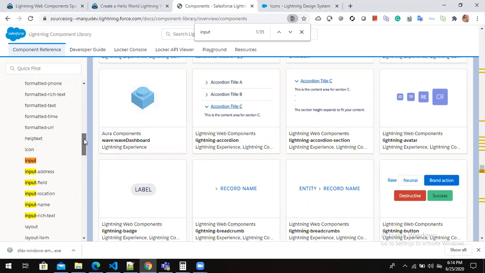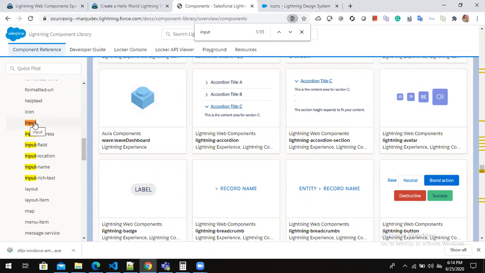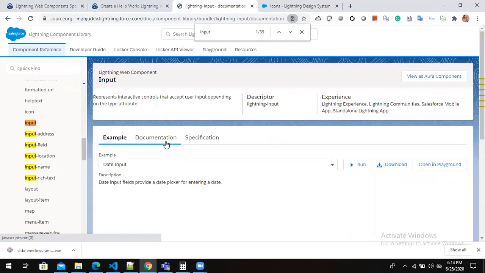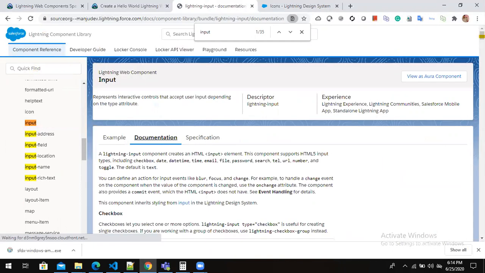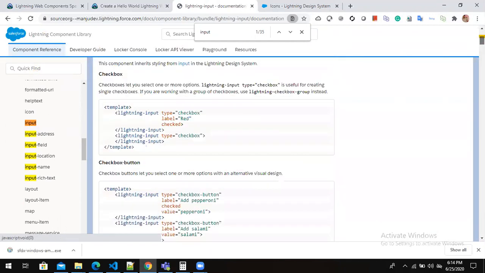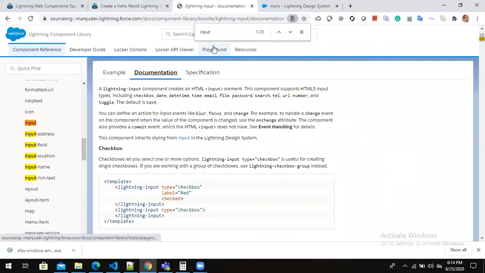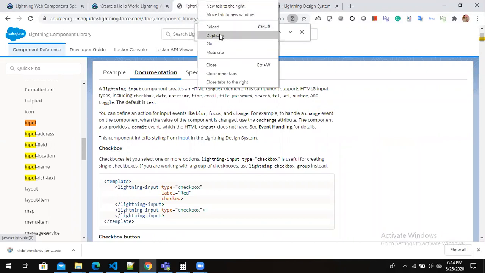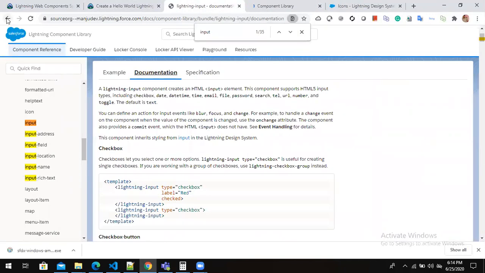These are the different base components available for input. Let me go to input, and here is the documentation. Here you will get all different types of inputs available. By different types I mean some input labels we use for text, and some we can use for number, to take the input from the user.